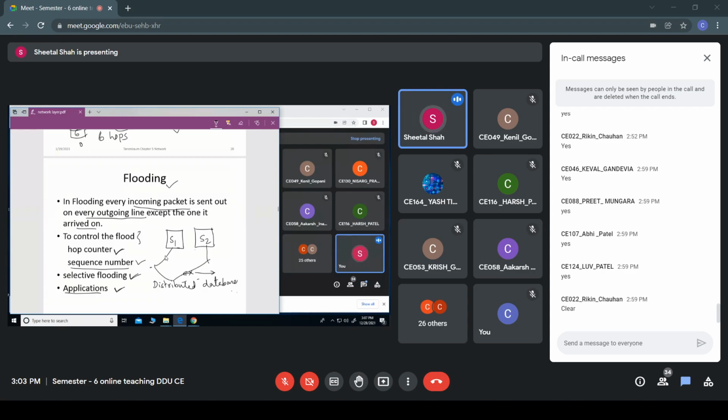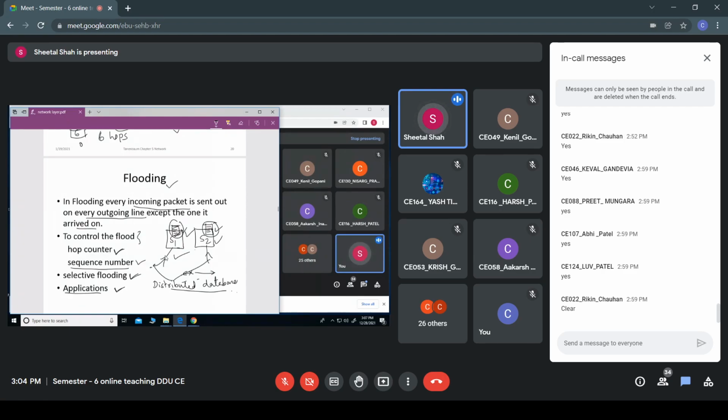In a distributed database, S1 maintains a copy of the database of all the customers, and S2 also maintains a copy of all the customers. The same copy would be maintained by S1 as well as S2. In case of flooding, the packet would reach both S1 and S2, and both of them would update their database at the same time. Hope you are getting this. So this is one more advantage of using flooding.